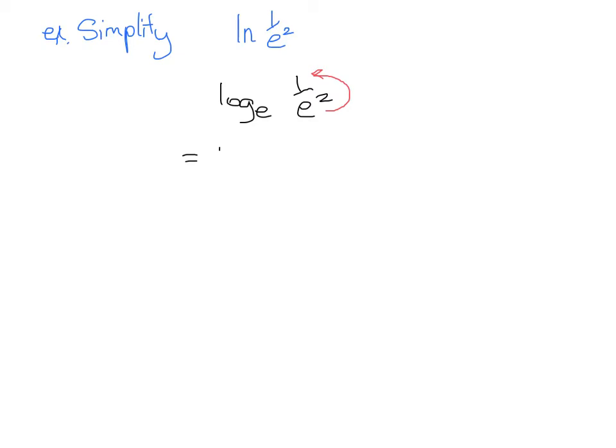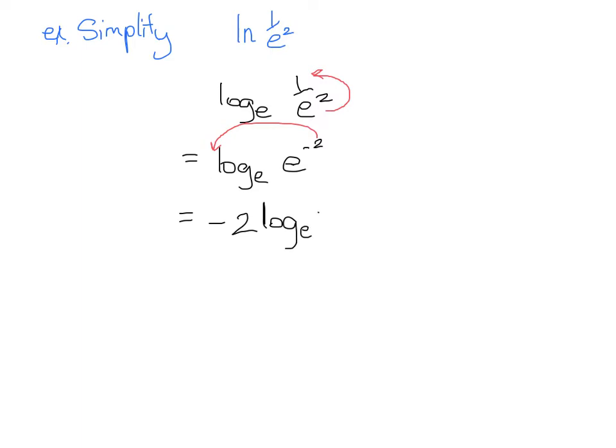So we have log to the base e of e to the negative 2. Now, according to our third law of logs, we can take this exponent and put it over here, and we get negative 2 log